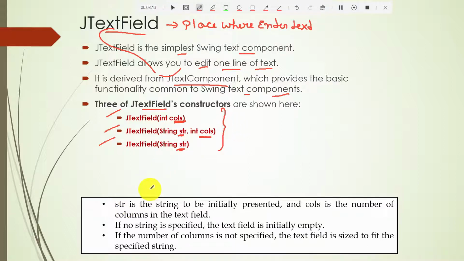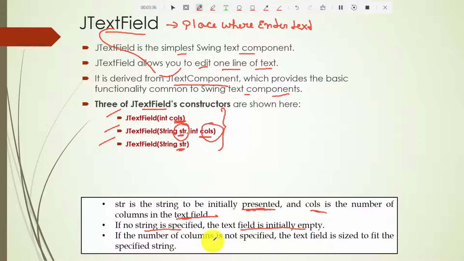Now let us understand what the string and the columns are. String is the value to be initially presented, and columns is the number of columns in the text field. Don't worry, we will understand it in the program. If you don't specify any string, then the text field is initially empty.